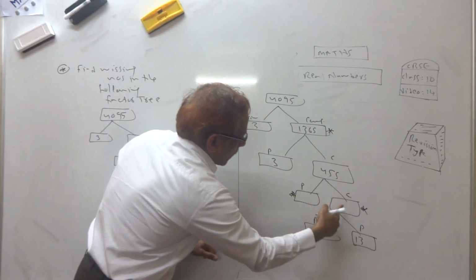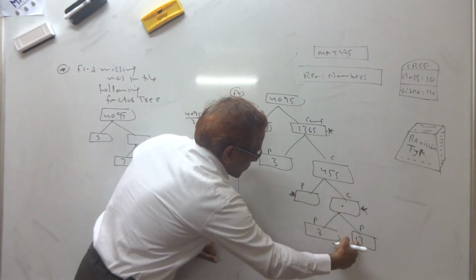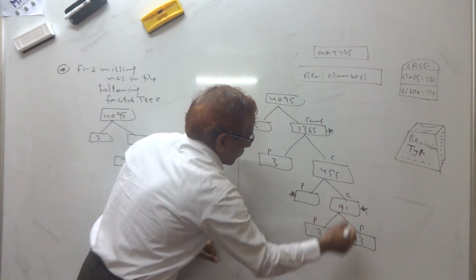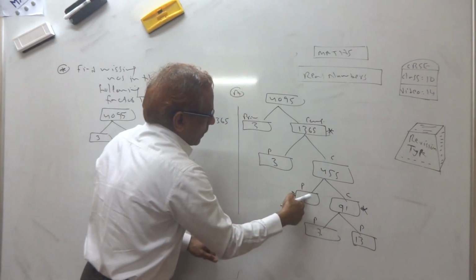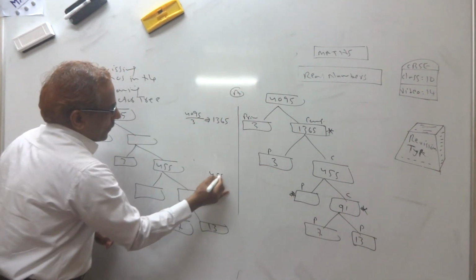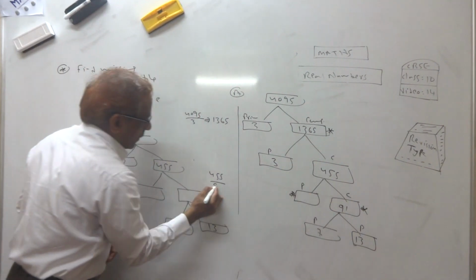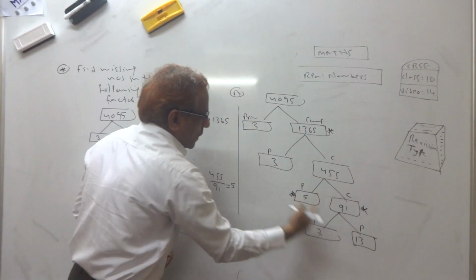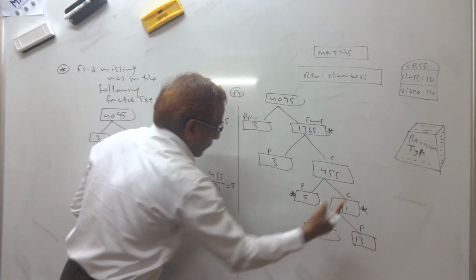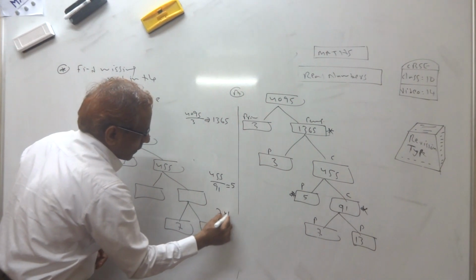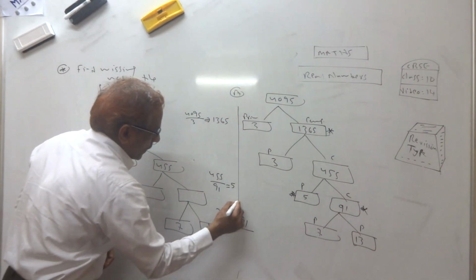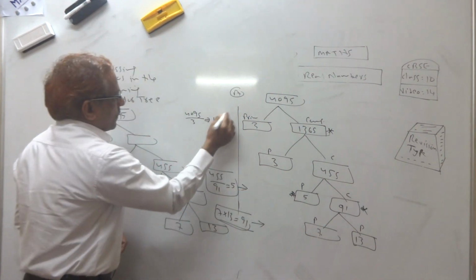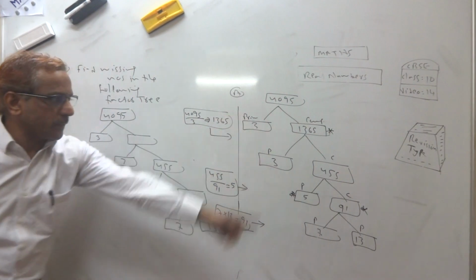Now, how you get this number? When two boxes are known, we multiply. 7 times 13 is 91. Then how you get this number? 455 divided by 91, 91 fives are 455. So I got this. These two multiply, I get 91. 7 into 13, I get 91. So this is a side work. Yes, that is the answer.